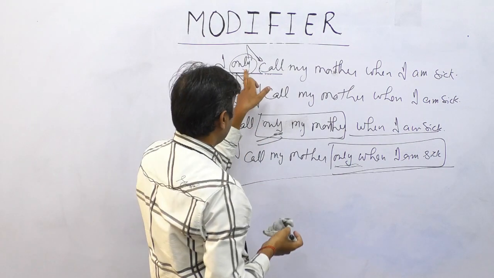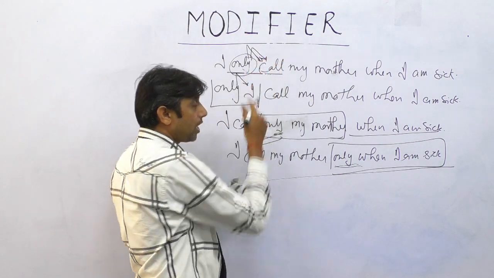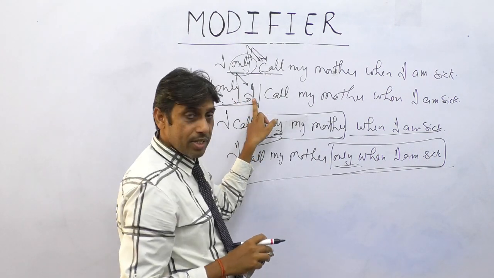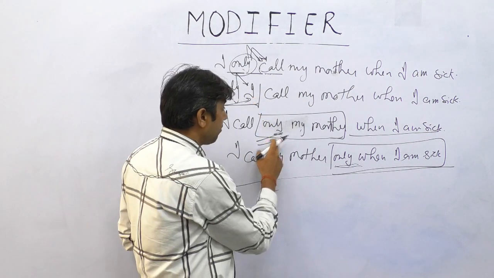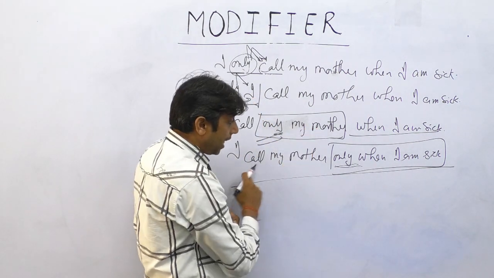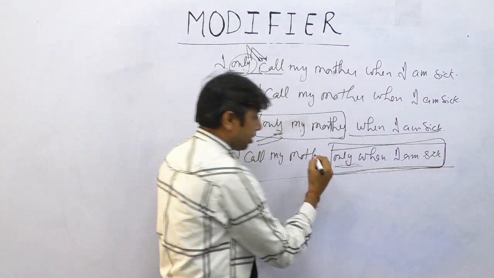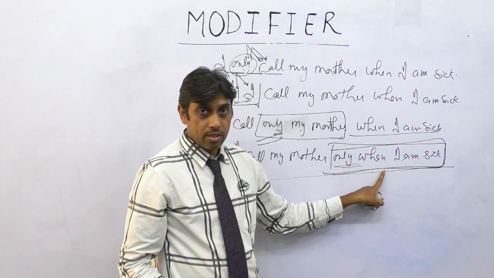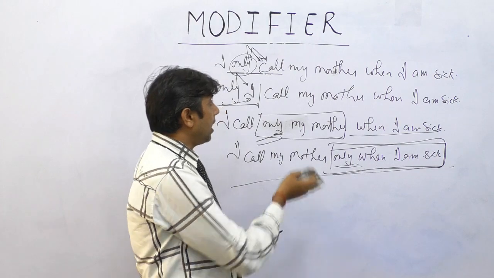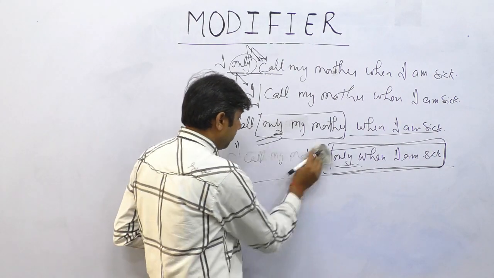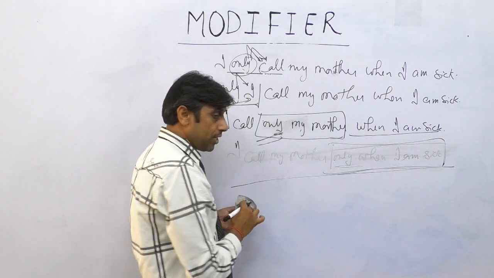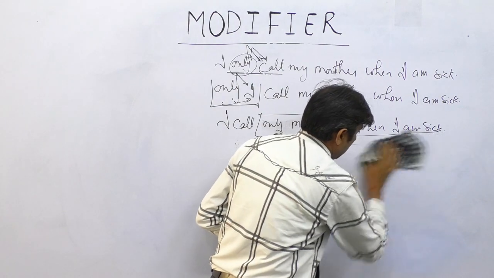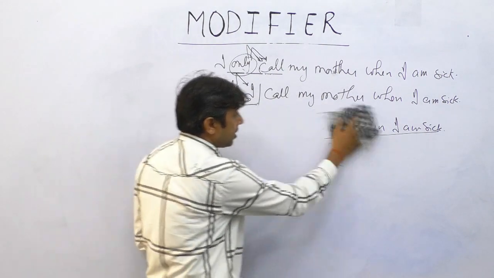This is like an adverb to verb modifier, where the adverb modifies the meaning of the verb; adverb to pronoun or noun modifier, where the adverb modifies the subject or a noun or a pronoun in a sentence; adverb to noun modifier, my mother; and adverb to this complete clause. This is a complete clause. An adverb modifies a clause. Correct? So modifiers are in different situations. We have noun modifiers. So the categories of modifiers are,